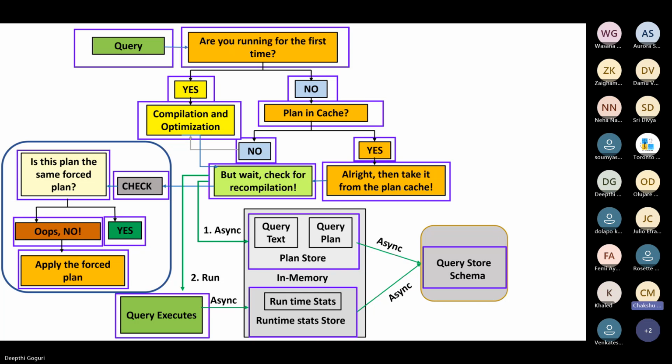Okay, so when we say the plan store, you have also mentioned query plan. What is the difference between plan store and query plan? I'm a little bit confused with these two terminologies. This plan store doesn't exist if you do not have the query store enabled on the database. When we enable the query store, there should be a way that all the data being captured is saved in memory first and then goes from memory to disk. So what they did is, instead of using the general memory we have for SQL Server,